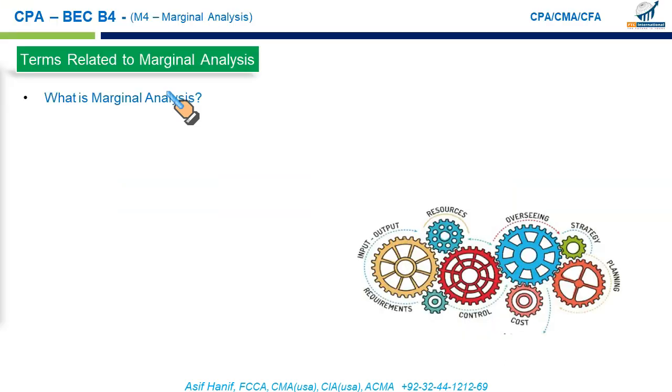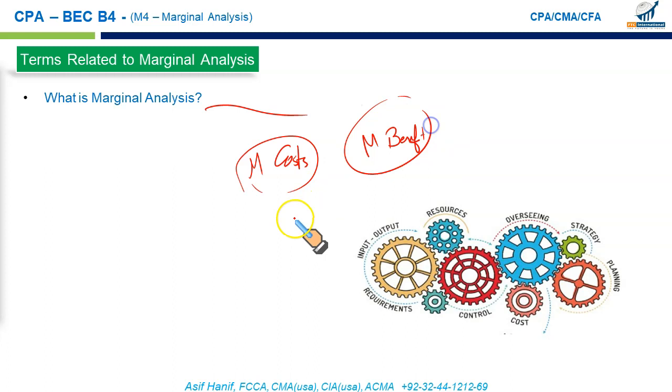What is marginal analysis? Marginal analysis is a decision-making tool we use when we are making some business decisions. The idea behind marginal analysis is that whenever we make a decision, there are some costs to the decision and there are some benefits to the decision. Decisions are made at margins, so we will compare the marginal cost of the decision with the marginal benefit. If the marginal cost is more than the marginal benefit, then don't take that decision. But if the marginal benefit is greater than the marginal cost, then it's the point to take the decision.